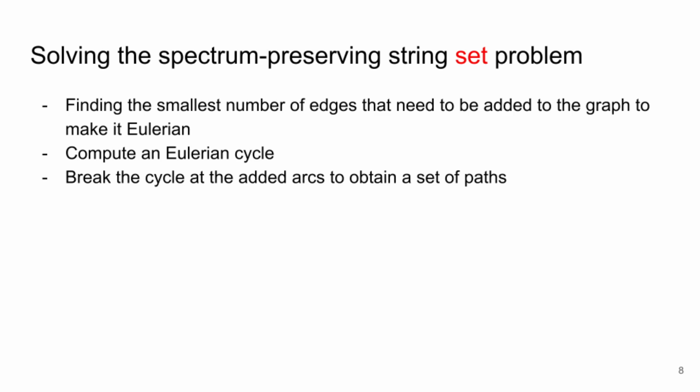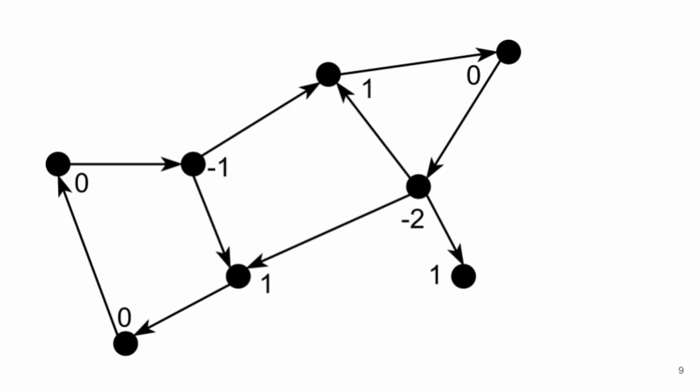So let me give an example of how this works. Suppose this is our graph, and now we want to make it Eulerian. For our purposes, Eulerian means that the number of incoming edges to each node equals the number of outgoing edges from the node. So here we have listed the imbalance of each node. The imbalance of a node is defined by the number of incoming edges minus the number of outgoing edges. So for example here,